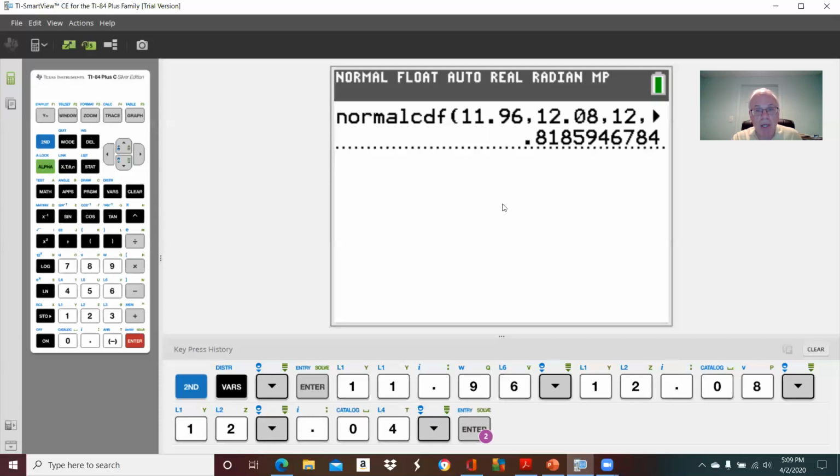0.8186 if we round it. So it's a little less than 82% chance that the sample mean of 16 cans will be between 11.96 ounces and 12.08 ounces. So this is the probability that the sample mean will be between these two values. It's 81.86% chance. And if we go back to the PowerPoint,